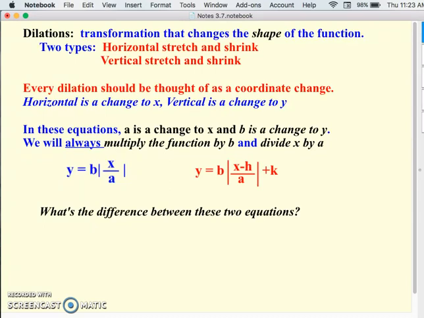Vertically is a little bit harder to visualize. You'd have to think about it as though here's your absolute value. And if I could grab this and this and this at the same time and just pull it apart, top to bottom, that would stretch it out vertically. If I think of it like one hand's on top, one hand's at the bottom, and I squish it together like a sandwich, that'd be a vertical shrink. That's a little bit harder to visualize, but